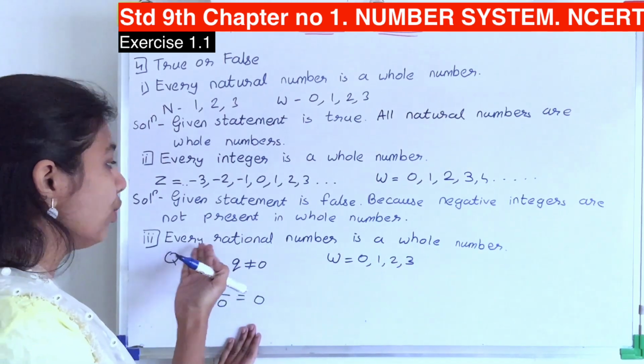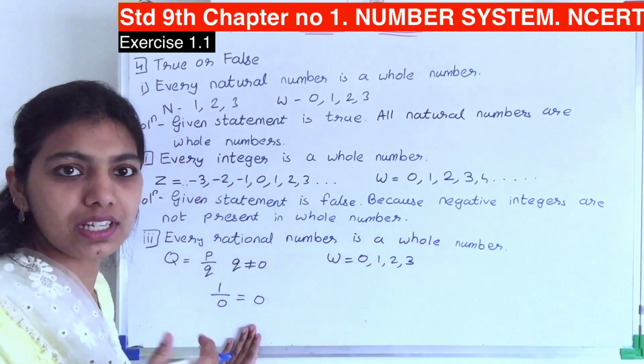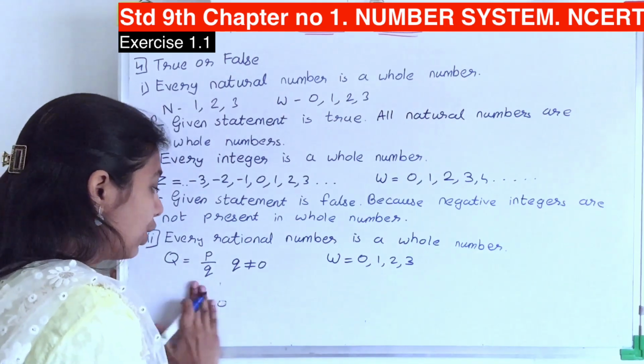So what they have told you is that every rational number is a whole number. This is a false statement. Yes, Q, because